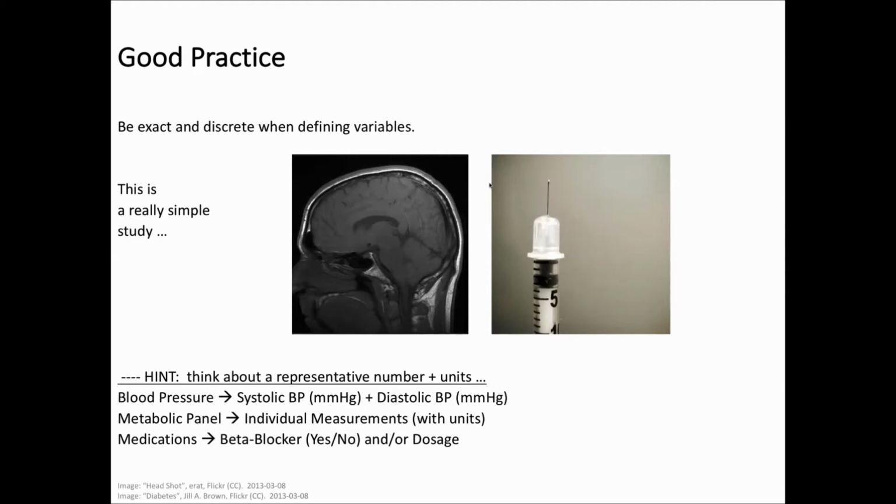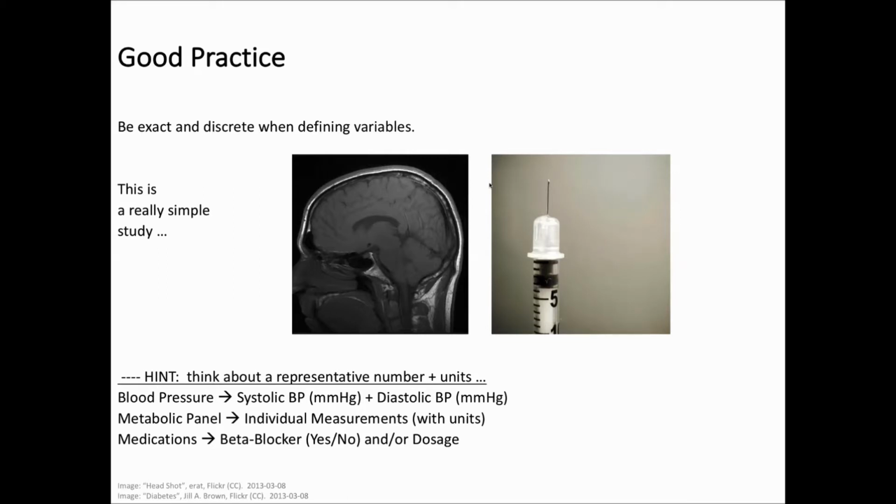This practice is really an important one, and that is when collecting data or when thinking about collecting data, be really exact and discrete when defining variables. I had a study team once that came to me and said, this is going to be a simple study, 2 visits, and each visit has an MRI and a metabolic panel. Can you build a database for this? And I started asking questions about what's in a metabolic panel and what are the units there, and what are you going to be doing with that MRI, and is that some sort of a tumor diameter or something? And let's turn that into